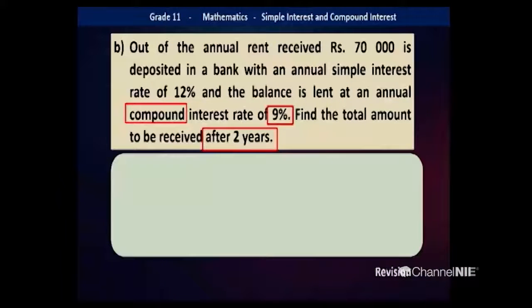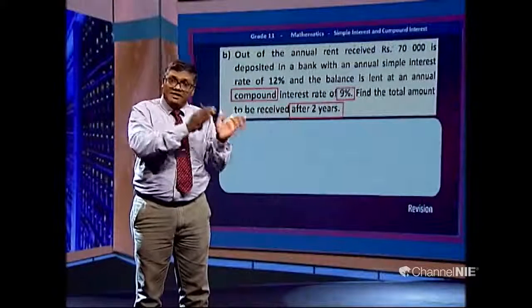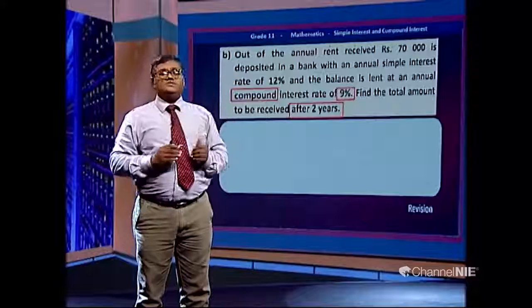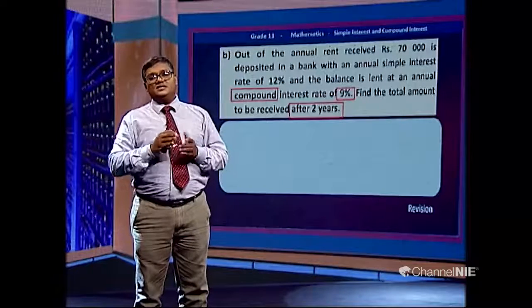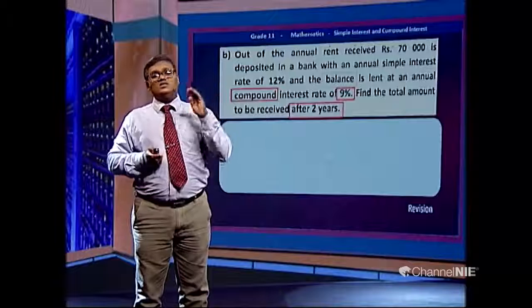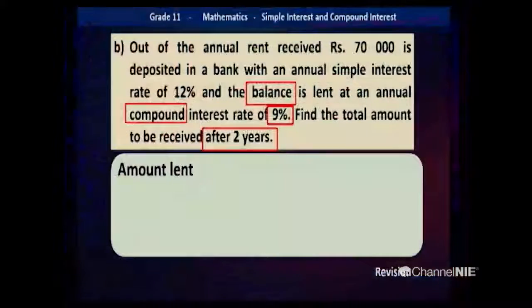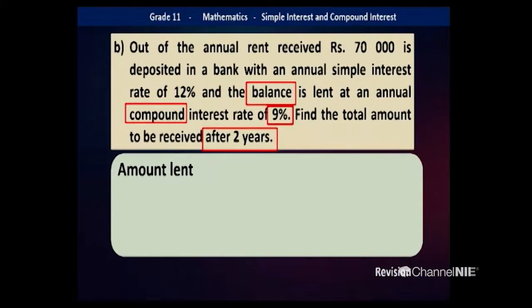You can remember they have given some story about compound interest. Let's see the second part, the remaining amount. What is the meaning of remaining amount? From the rent income, he invested 70,000 in one investment method under simple interest rate. Then there is a balance. When you subtract 70,000 from 120,000, you get the answer 50,000. Now they are telling about that 50,000. 50,000 is invested at compound rate for 2 years at 9% annual compound interest rate.